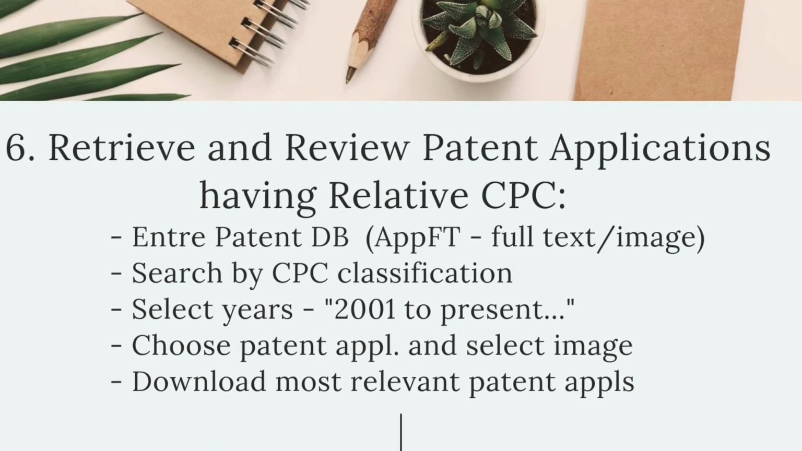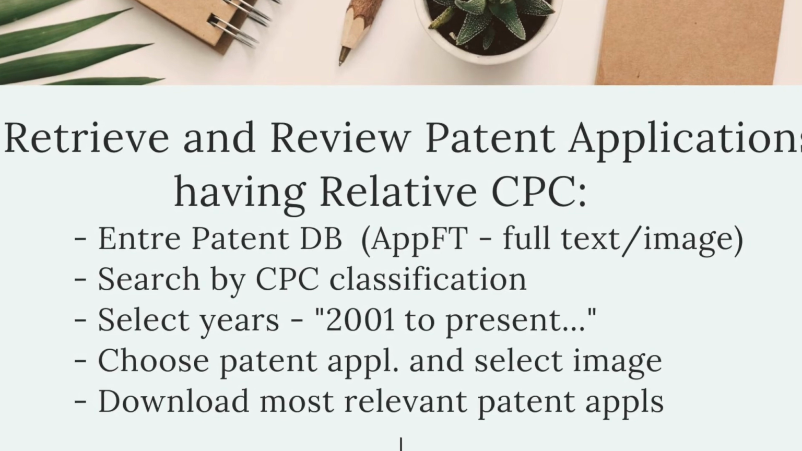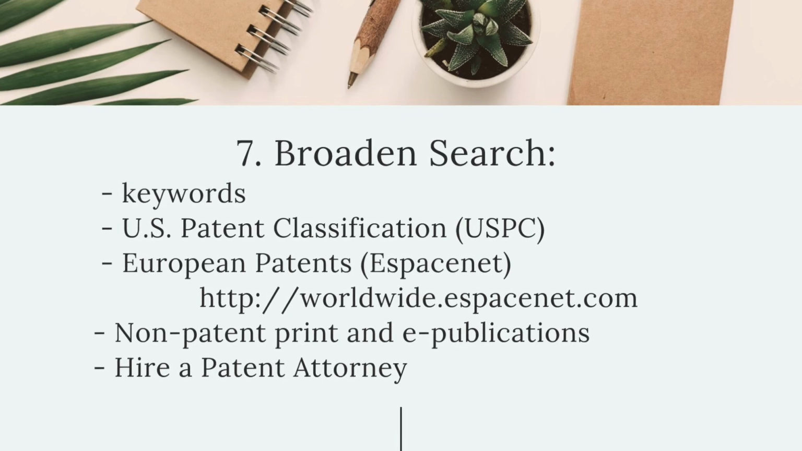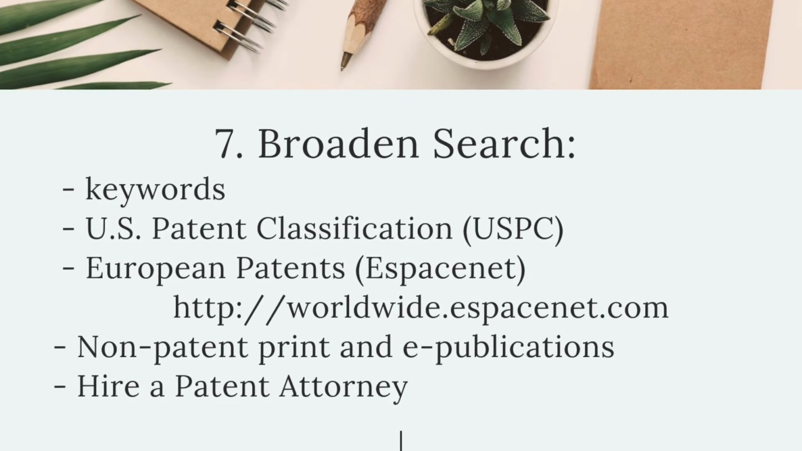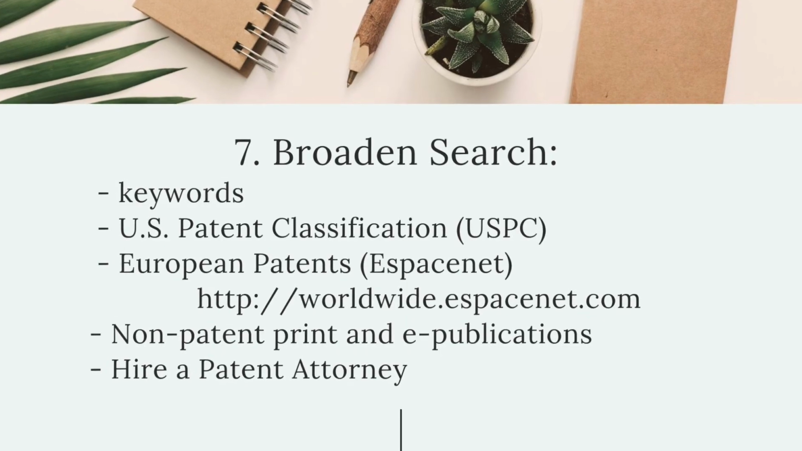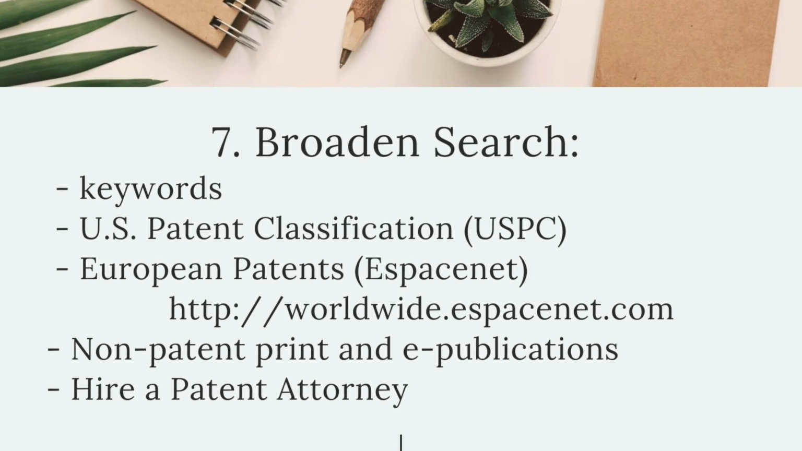And in step 6, you're going to perform the same type of search based upon the CPC classification code in the patent application database. Finally, in step 7, you're going to dig into a number of different ways to broaden your search. First, you're going to perform a keyword search. Just go to the USPTO database and enter the particular keywords that you found from your search of the CPC schema in steps